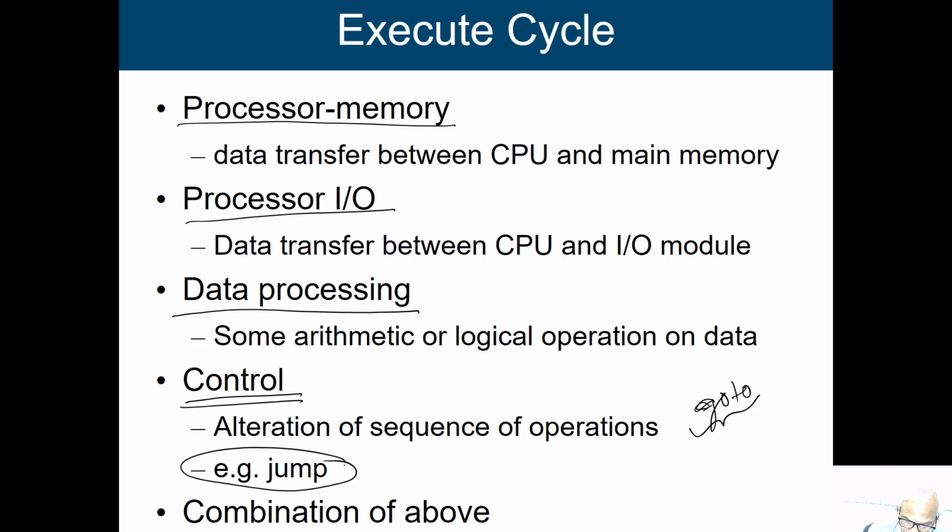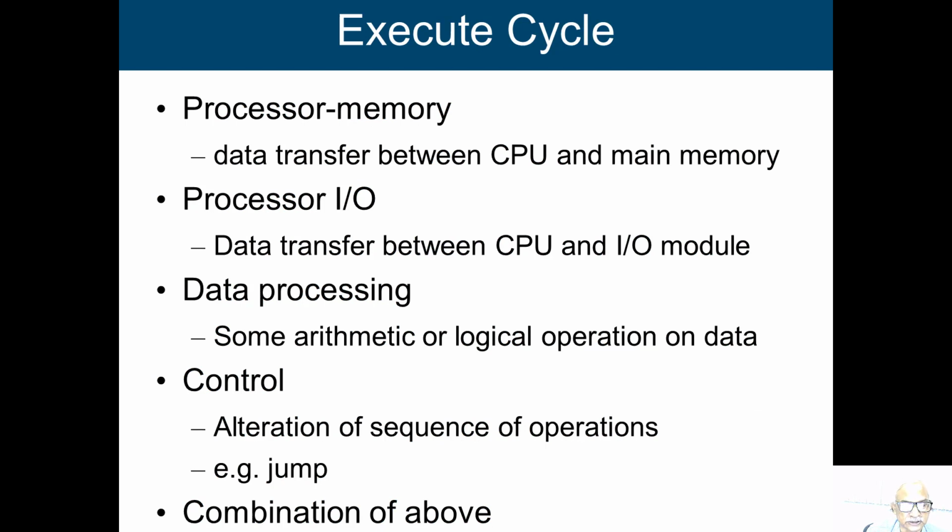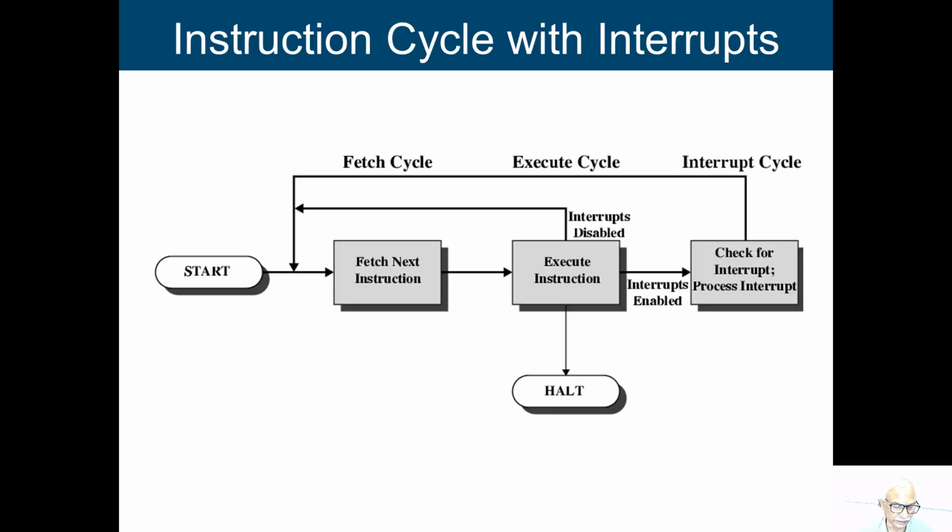We may have such types of control instructions, and maybe some instruction which is a combination of all those above tasks. Some complex instruction or complex operation we may have, which is going to combine some of the operations that we have mentioned here. So, this is the execution cycle. We are going to perform different operations in the execution cycle depending on the instruction. So, this is the nutshell. In a nutshell, I am talking about instruction execution, or how to execute an instruction in a computer.